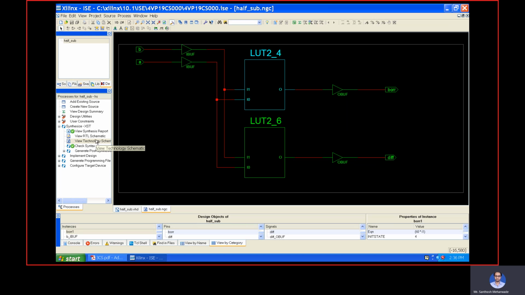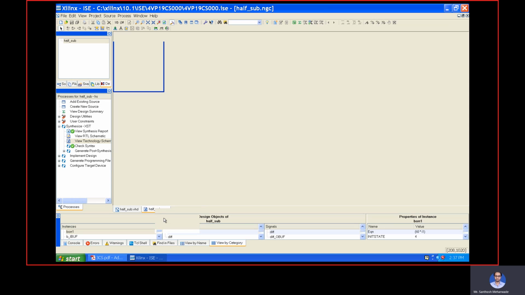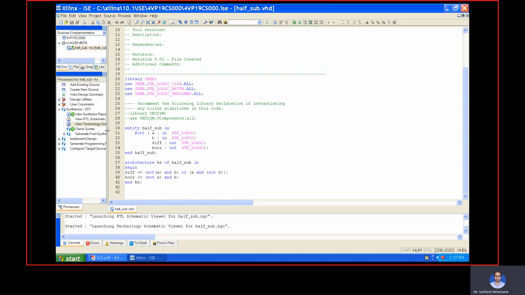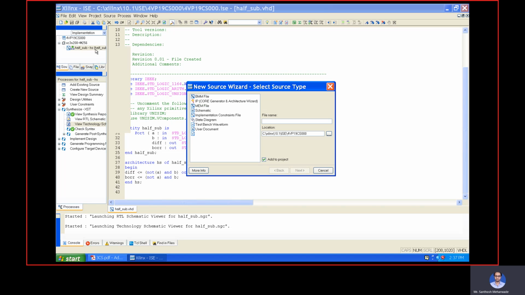So we are done with the check syntax. There is no error. Let me close this. Now the next step is to perform the test bench. We have to apply the waveforms. For that, go to this file, right click, new source.